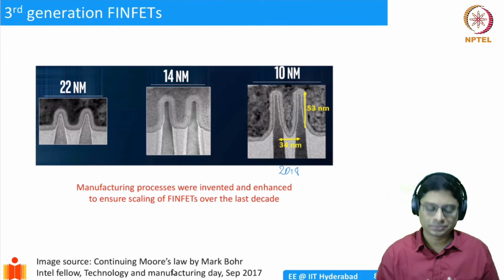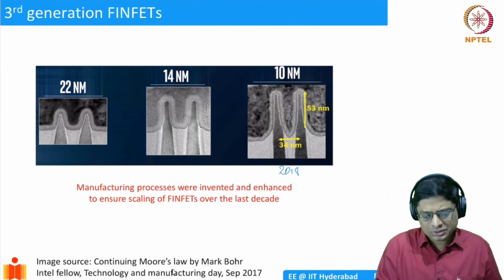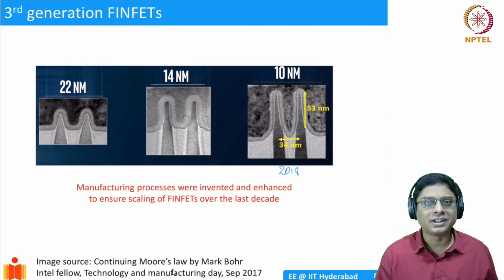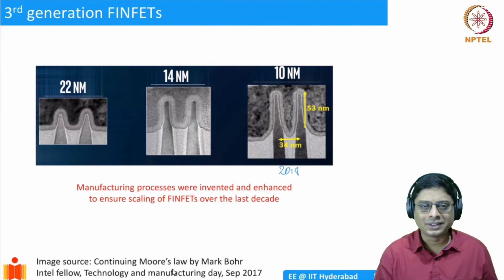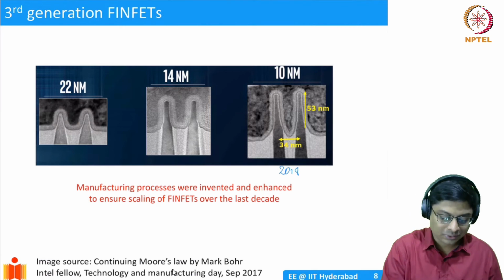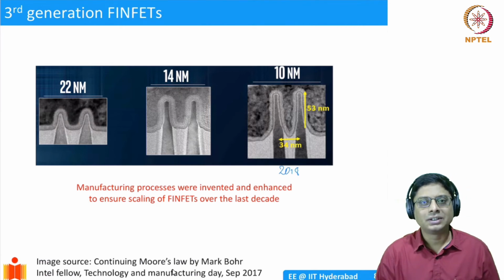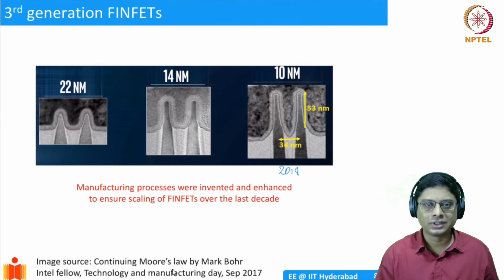And by doing that, you are able to get a much higher performance of a transistor. And it might seem like, oh, it seems easy enough, right? Just make it. But this is actually pushing the limits of technology. It took them 10 years to go from 22 nanometers to 10 nanometers, or 8 years. The reason is you have to invent a lot of processes. These are done using very, very expensive equipment.